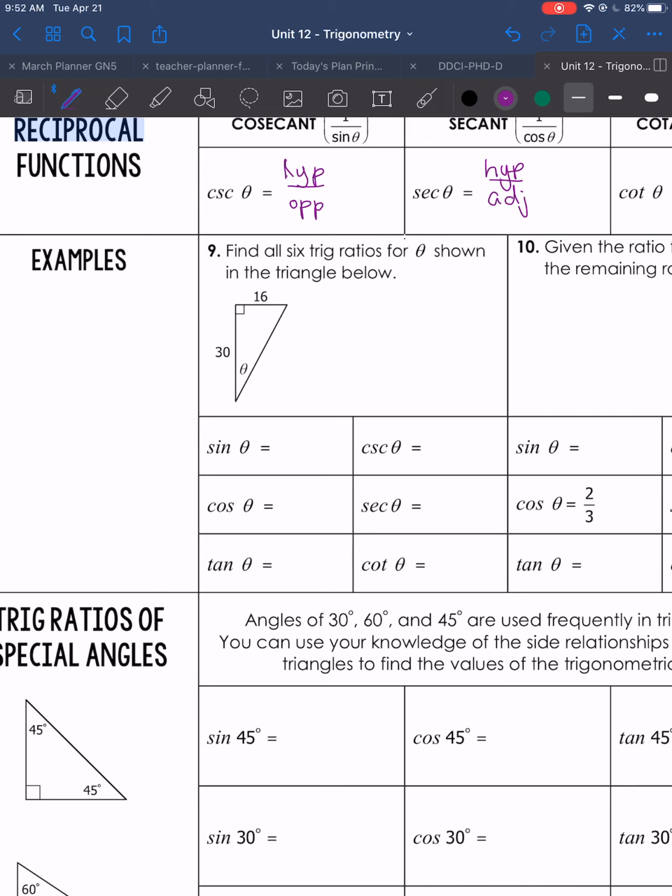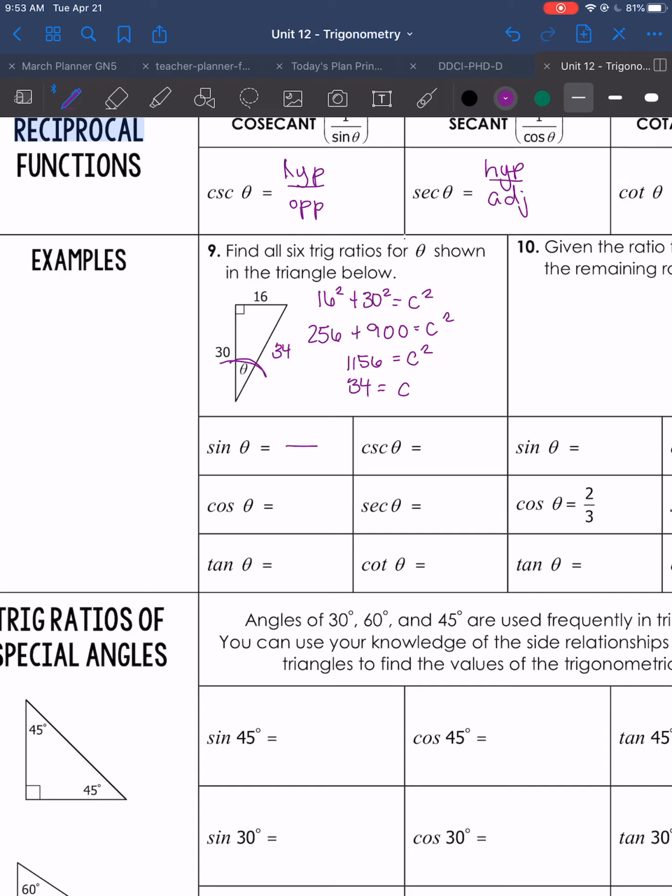So I need to find the hypotenuse first. So 16 squared plus 30 squared equals c squared. So 256 plus 900 equals c squared. So then I get 1156 equals c squared. So c is 34. And we're using this angle here, which matters because if I use this angle instead, my opposite and my adjacent would be different. So sine is opposite over